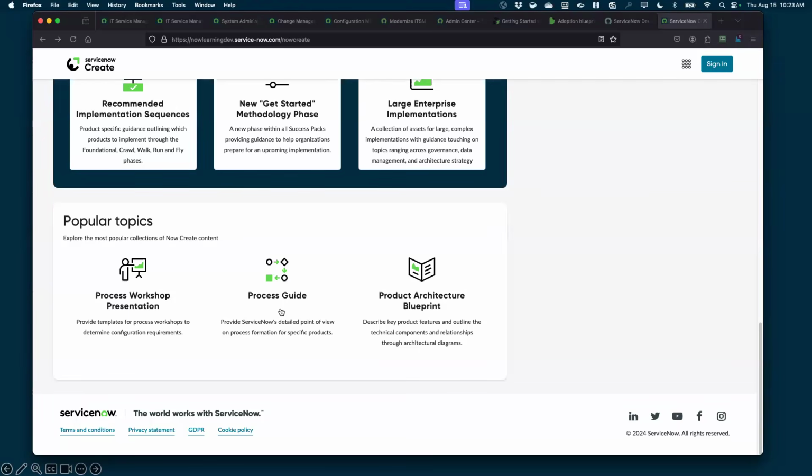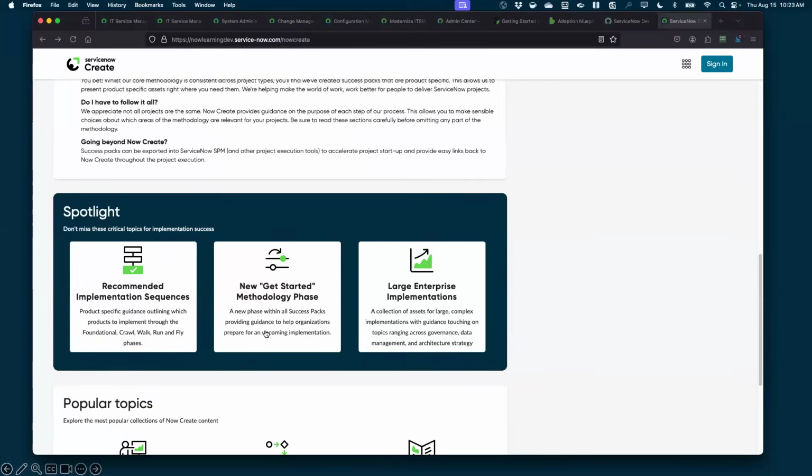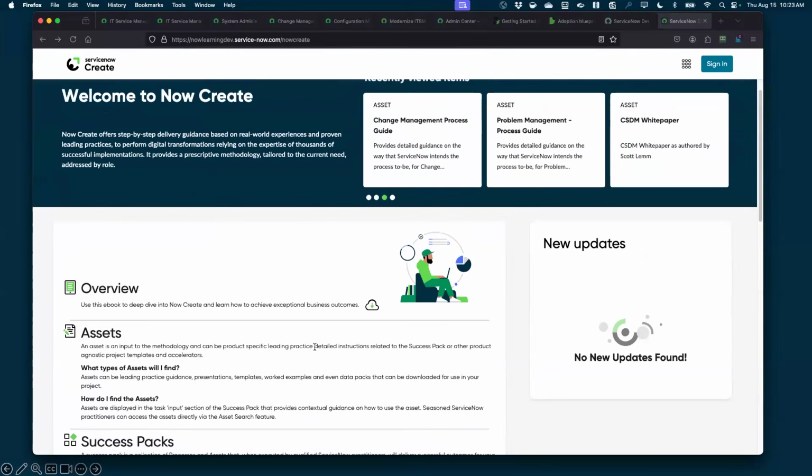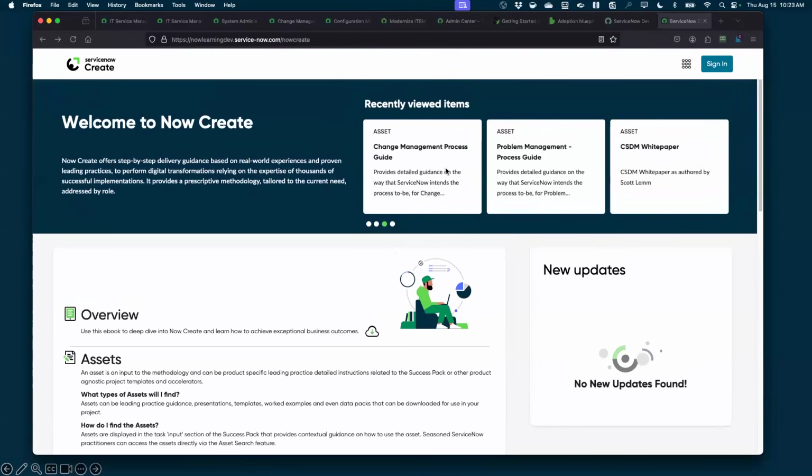Do you need a change advisory board? Are you moving towards a more automated way of approving your change tickets? How could you do that in an automated way if you wished to do so? Again, what roles are required? This is all going to be here in what we call assets. So assets are part of our popular topics. And really, this was the first slide we wanted to show,